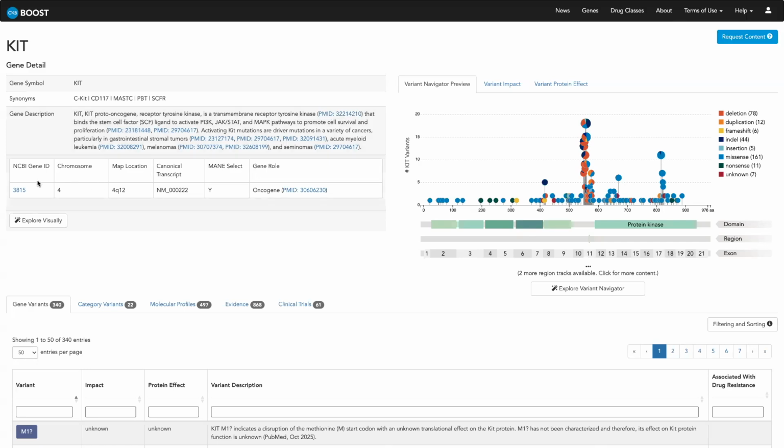Below the gene description, you'll see the NCBI gene ID, the chromosome and map location, and the canonical transcript that we're using. You'll also see whether or not it is main select, and then finally the gene role. The gene role could be, of course, oncogene, tumor suppressor, both or unknown, and this is the reference used to support that. To the right, we have some visuals in CKB Boost that you don't see actually in